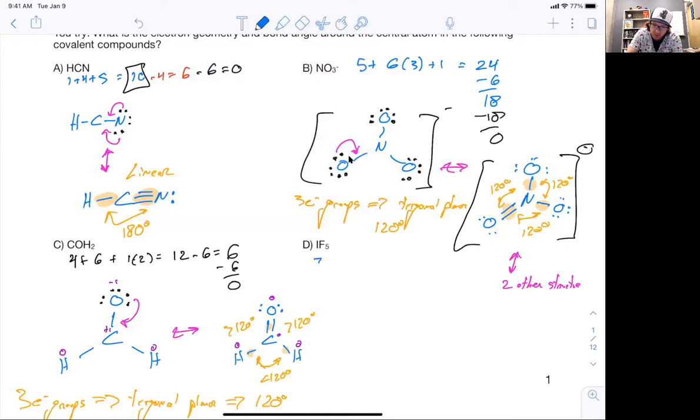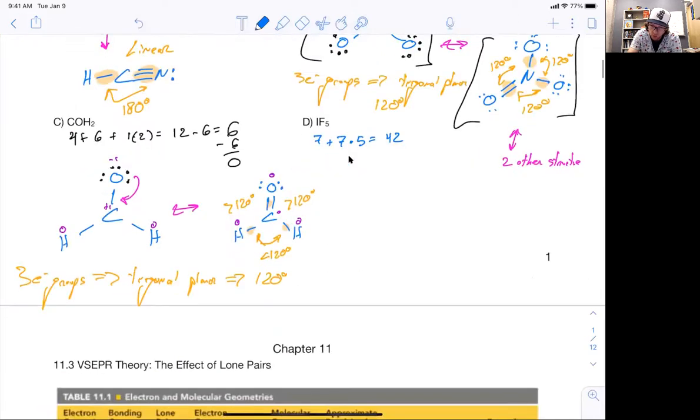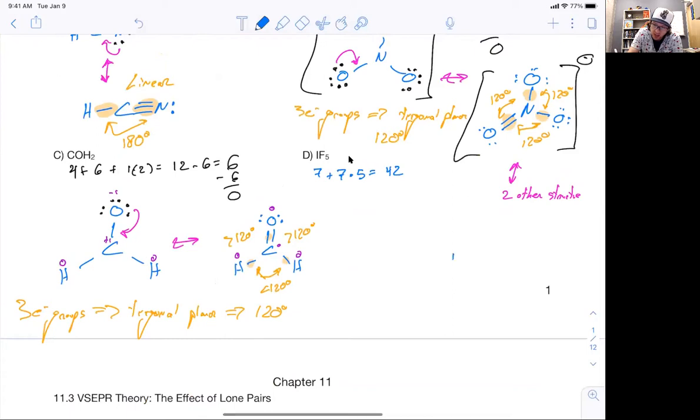Iodine brings 7 valence electrons. Each fluorine also brings 7, and there's 5 of them. So this is 42 valence electrons we have to worry about. So we're going to put iodine in the middle. Fluorine is the most electronegative, so it's definitely terminal. This is a very weird structure at first because